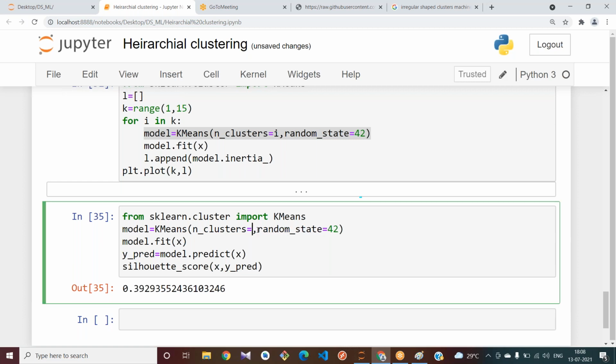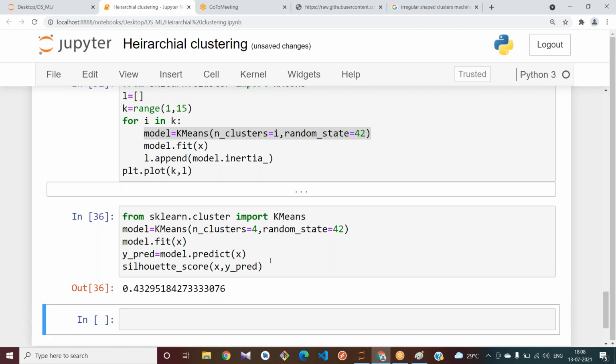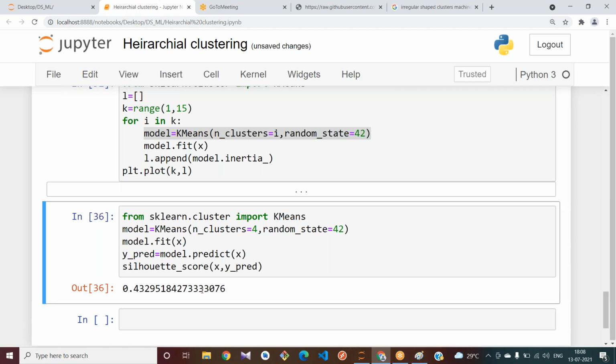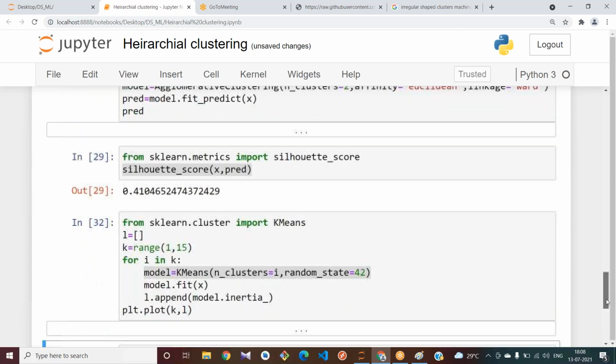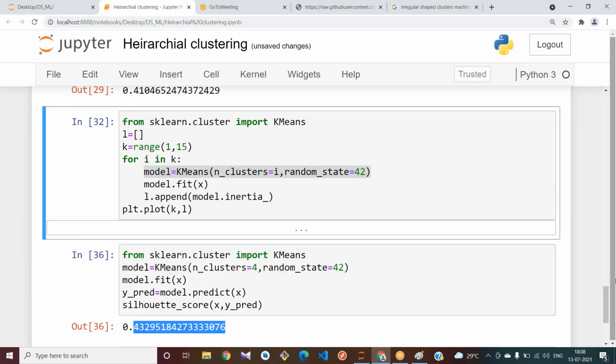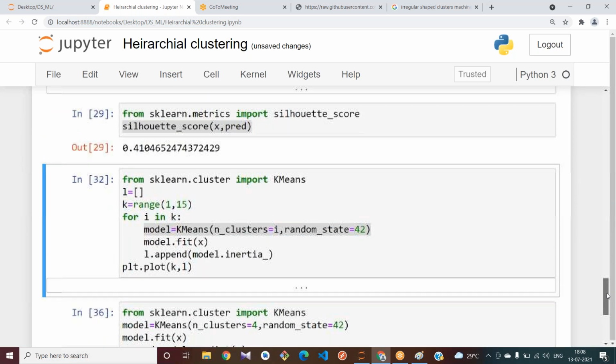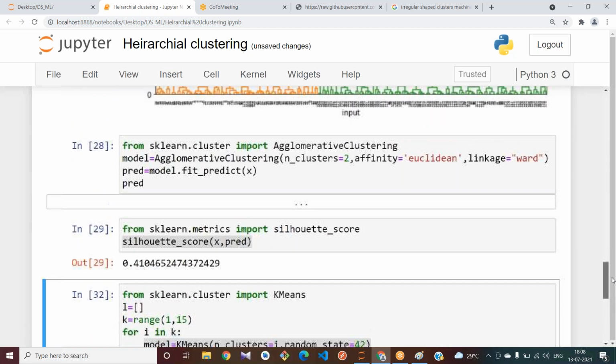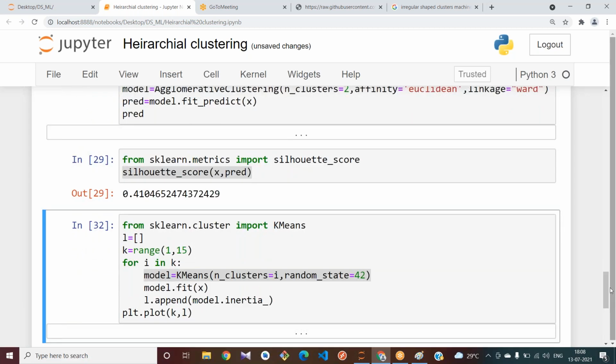Let me use 4, it is 0.43. Okay, but only 1 or 2 points it has increased. It is not a good score. Even though we are using the other clustering algorithm we have learned, no algorithm is giving me much accuracy. It is not increasing.